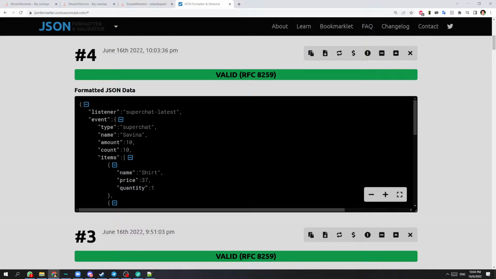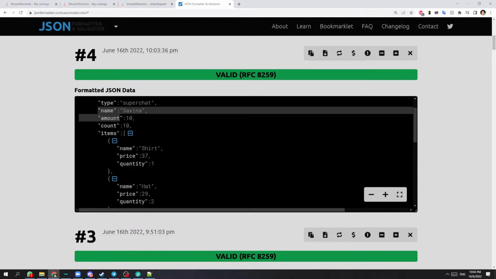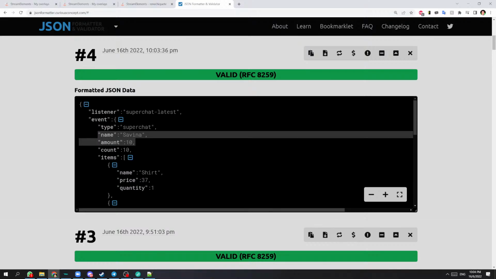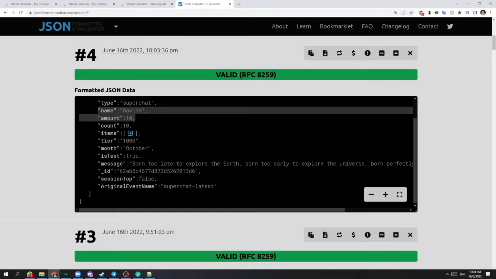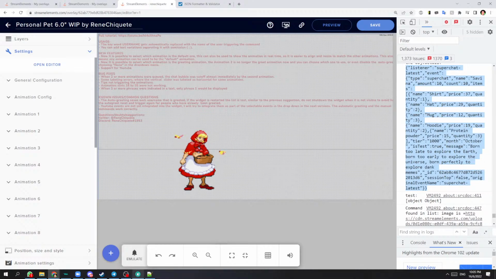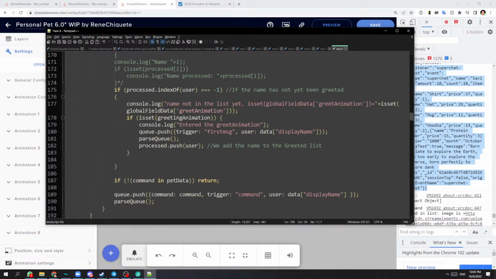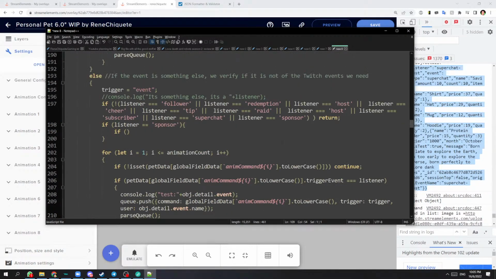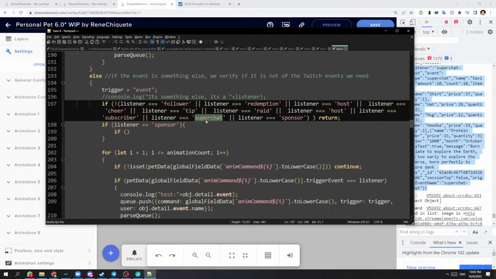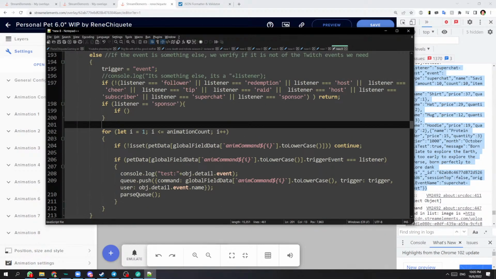Okay, so we want the name and the amount. And then we have a month. Okay, we're gonna have the message: name, amount, and message. So let's get the code in here and start checking that out. Let's see, we have super chat. If it is a super chat,